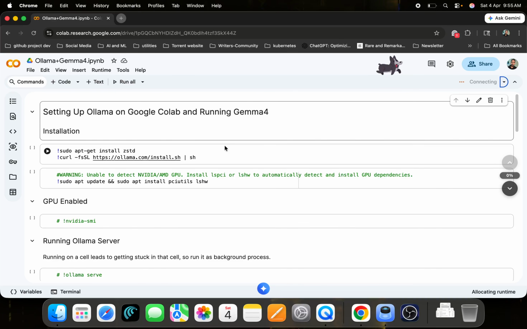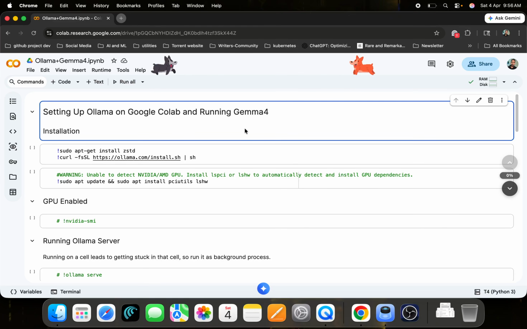So while it is trying to connect to that remote machine, we can go through the steps that are required for installing Ollama and to automatically detect the GPU in a remote environment. And then we'll also discuss how to install the Ollama Python SDK, and also how to serve Ollama. So since it has already connected now, we can start with installation,